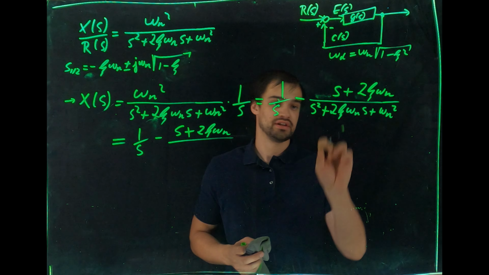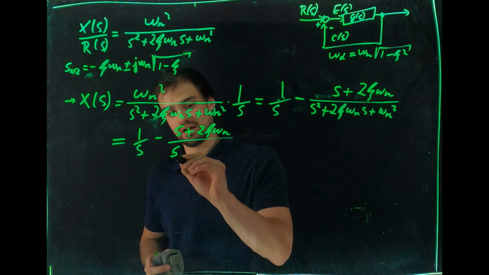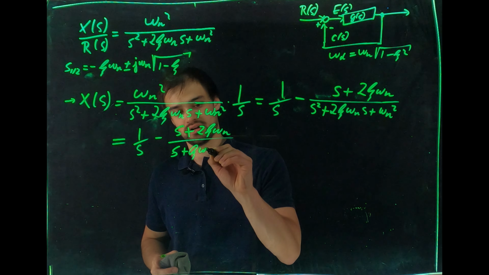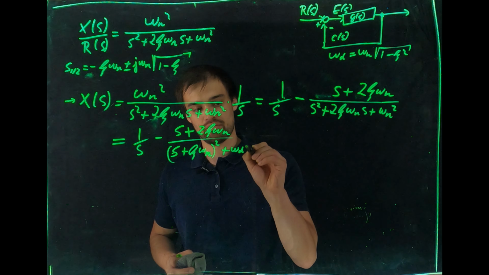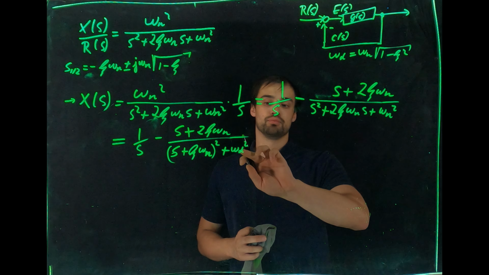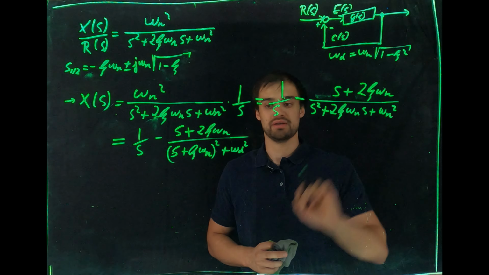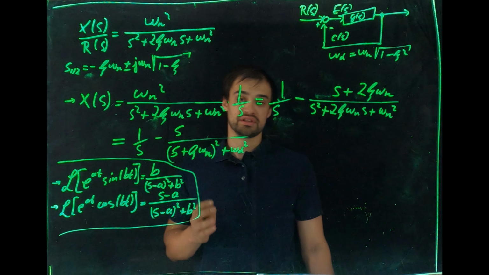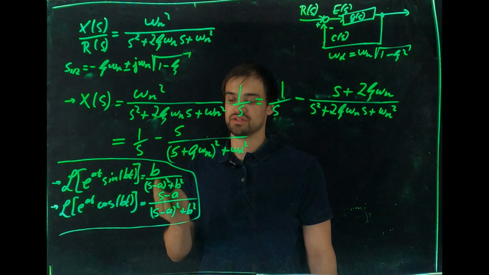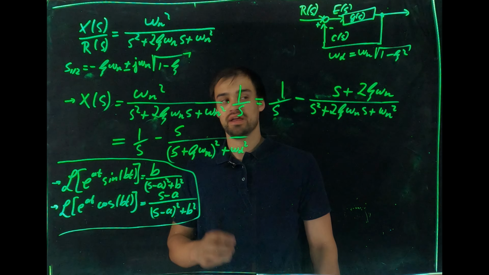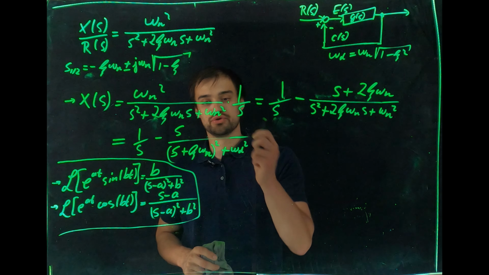Now I have to rewrite this denominator in a bit of a different way, and I can do so by completing the square: (s plus zeta omega_n) squared plus omega_d squared. If you apply omega_d squared like here, you will see you will end up, if you plug this in here, with the same equation as down here. Now you can see that I wrote down the Laplace transforms of two important functions, which you can see here. And what we want to do is split this one up in two parts.